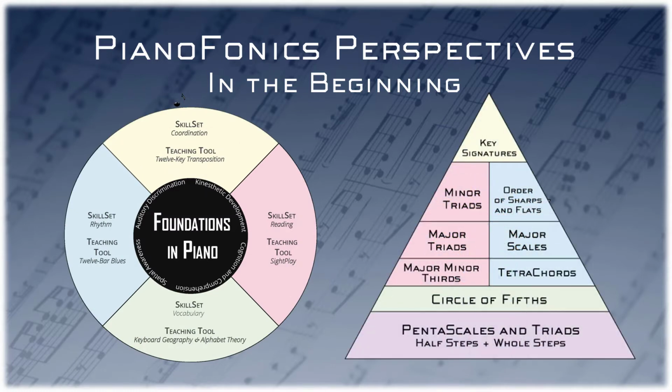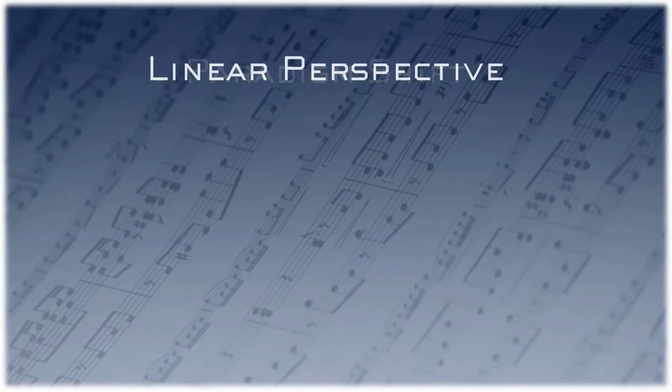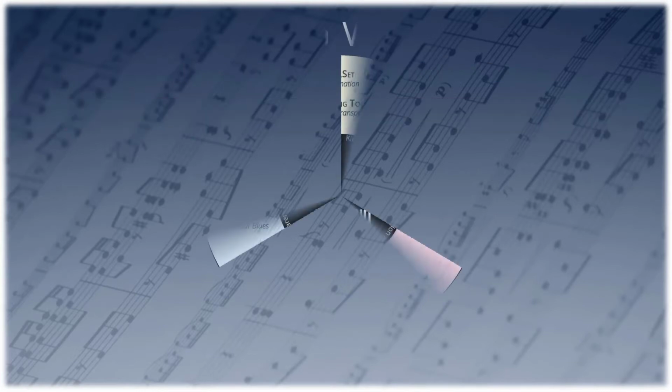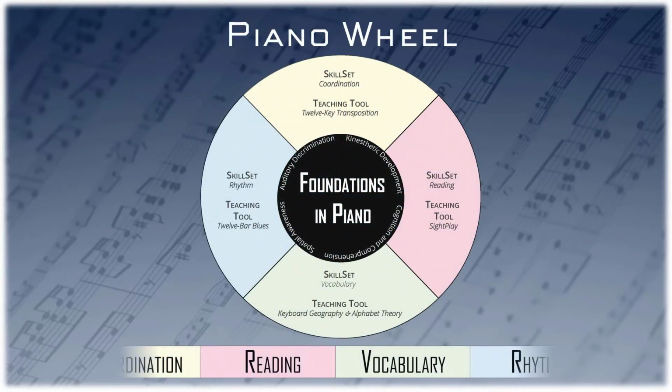Let's take a look at the teaching pedagogy that is the framework for the toolboxes and the piano wheel. Prepare for a paradigm shift. Method books present a linear, page-turning perspective. I think everyone would agree that the four skill sets of coordination, reading, vocabulary, and rhythm are inherent in any method book that you should choose. Let's look at these skill sets in a circular orientation that is not dependent on a page-turning progression